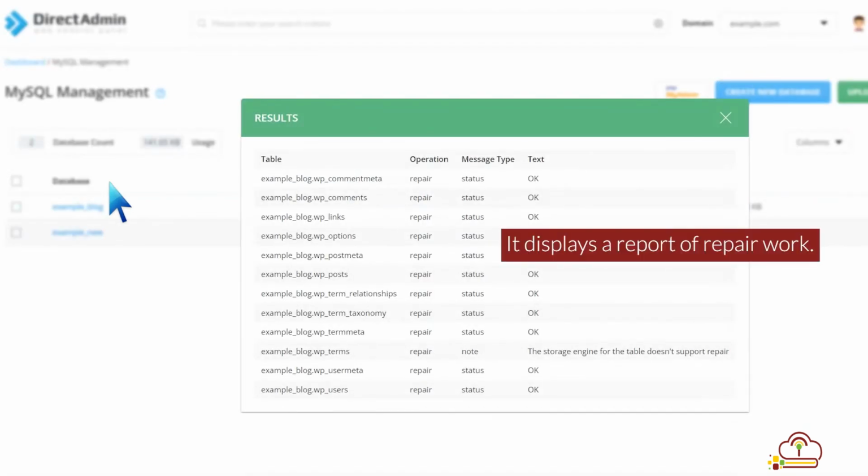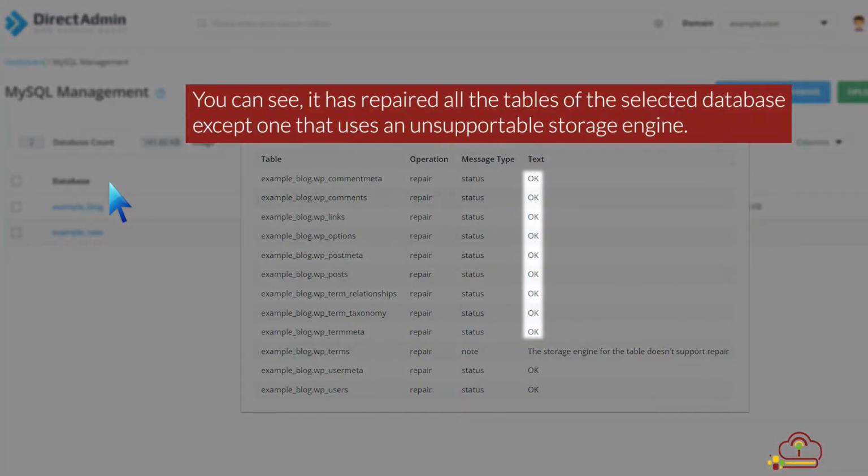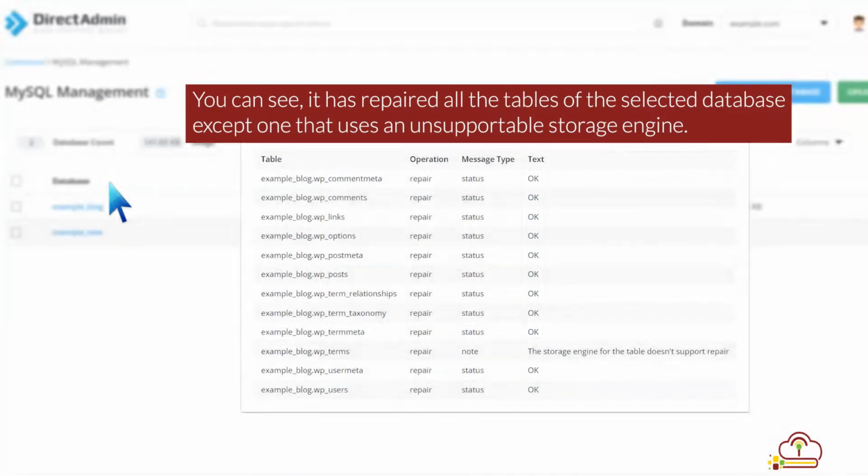It displays a report of repair work. You can see it has repaired all the tables of the selected database except one that uses an